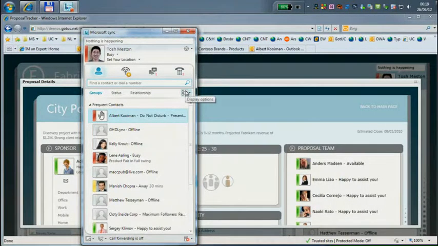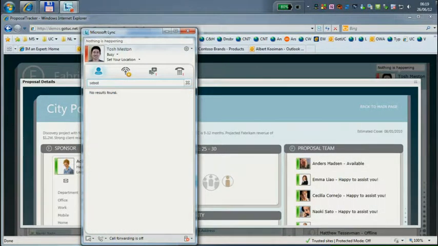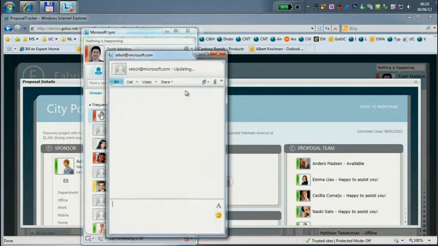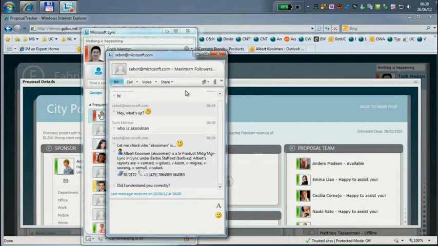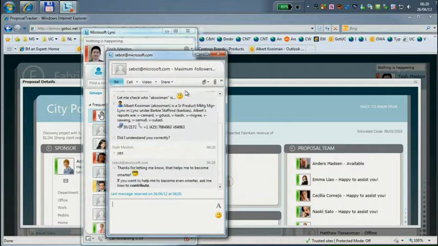And by the way, these bots, there are so many of them that we are using. Let me actually show you another example. This is used by the Microsoft people in Windows. It is a bot that essentially allows me to ask for all kinds of information. Like, for example, hey, who am I? So you can see here all the information about myself, right? Yes, you did understand me correctly.